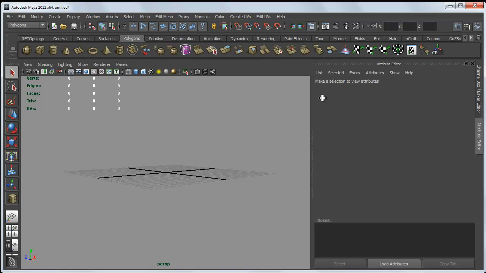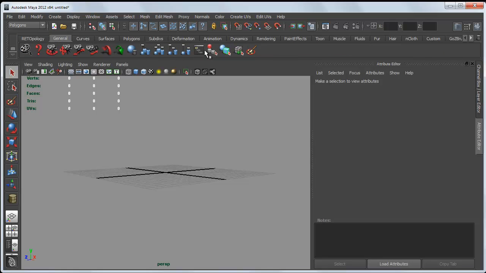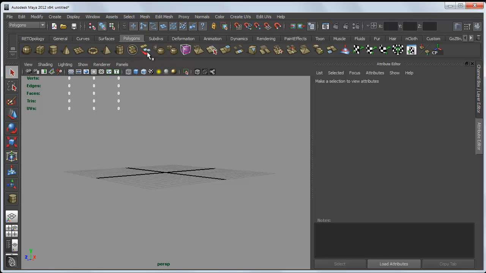So the first thing to notice is how Maya opens up. Here we have Maya. We're currently set into polygon mode. There are several layers of options that we have, and by changing each one of these we change the actual menu set on the top row. Then we move down. We have the shelf where we can have lots of our custom tool sets, and we're currently on the polygon tool set. Maya will open up on the general tab, which will look something like that, and we're just moving to the